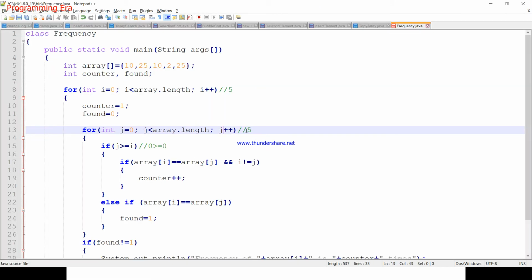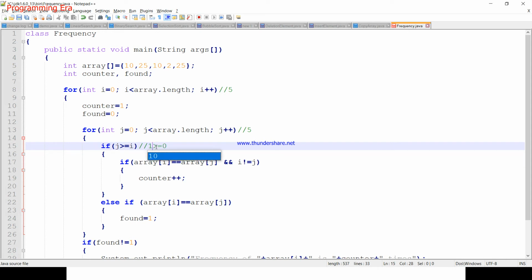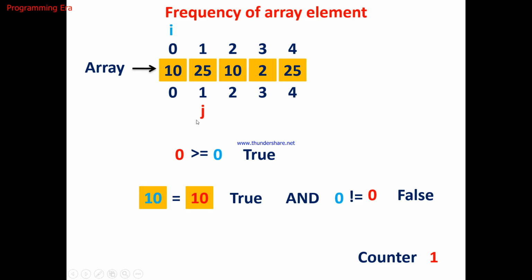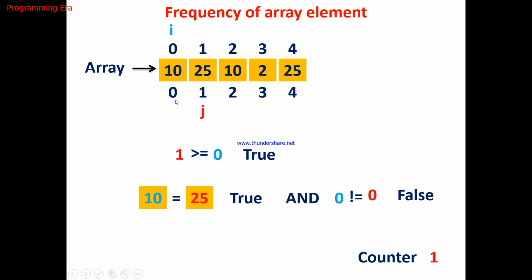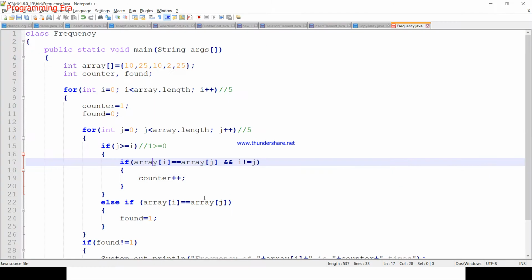Now 1 is also less than 5, this condition is again true, we'll come inside this loop. Now we'll compare j, which is 1, is greater than 0. 1 is greater than 0, this condition is again true. As soon as this condition is true, we'll come inside this statement and compare the element. Array i is 0, so the 0th position element is 10, but the array jth position is 25. Array jth position 25 is equal to 10?